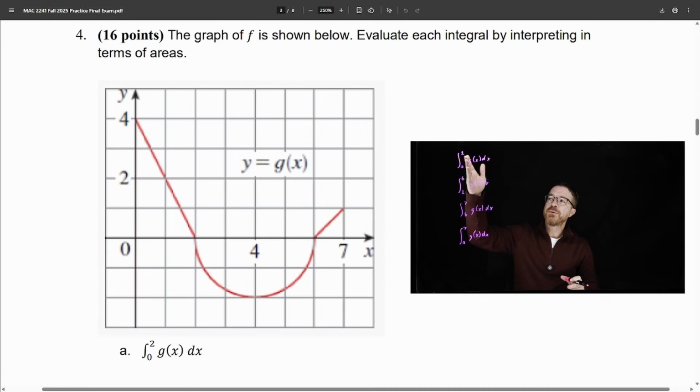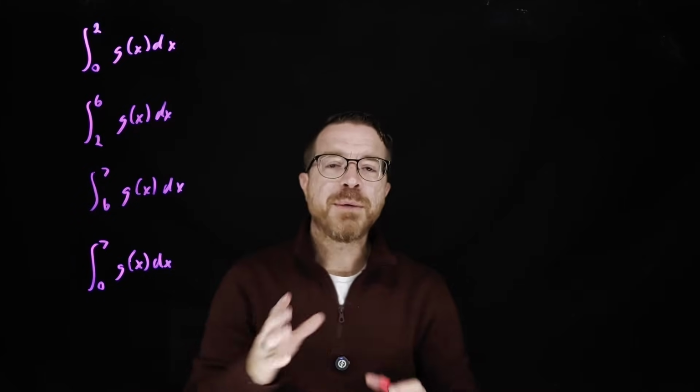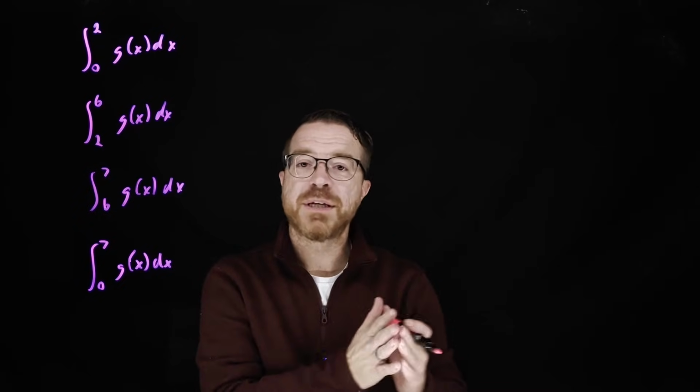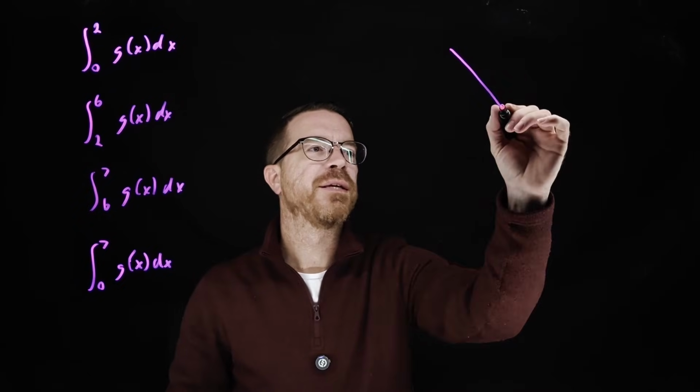For the integral from 0 to 2 on this function, the integral from 2 to 6, the integral from 6 to 7, and then finally the entire integral from 0 to 7. So pretty much what we're doing is we're looking at the fact that if we have some graph, in this case it looks something like this,